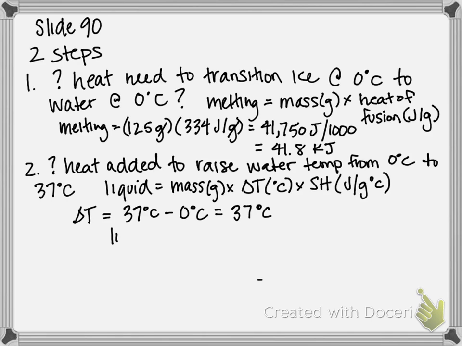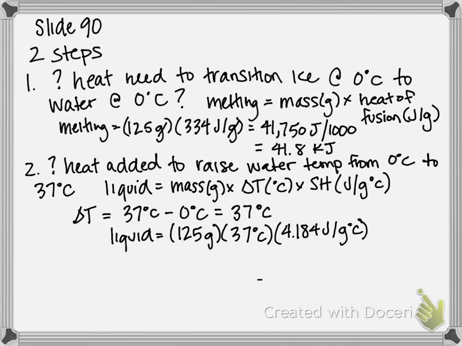So now I can plug everything I need into my equation. So mass, still 125 grams, change in temperature, 37 degrees Celsius, and specific heat of water is 4.184 joules per